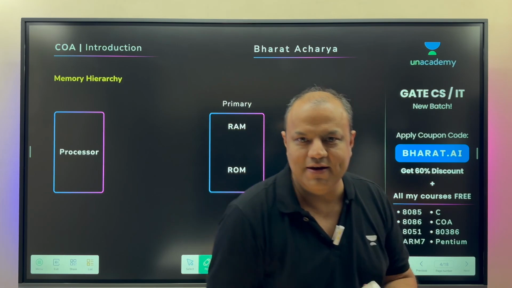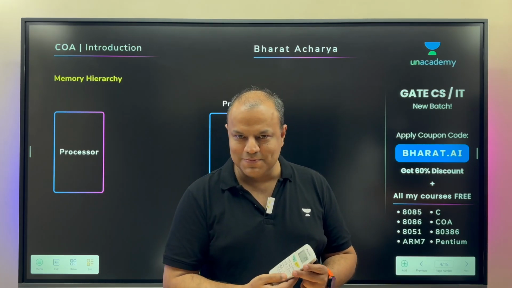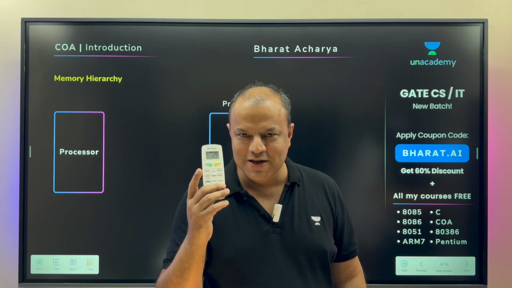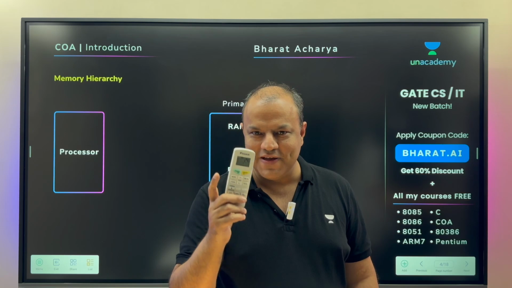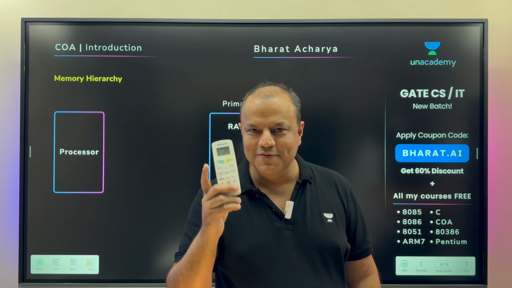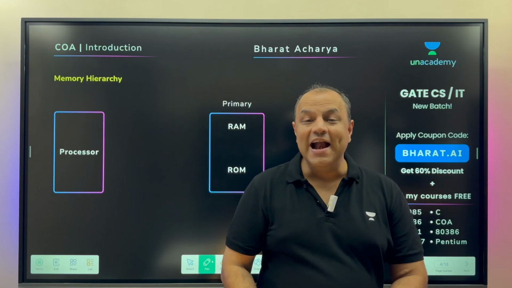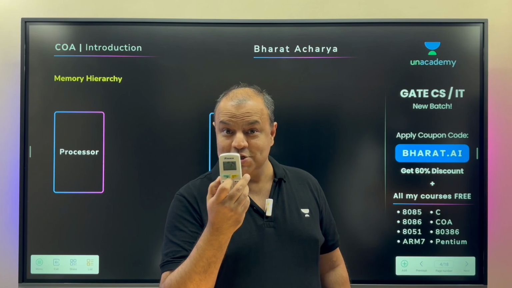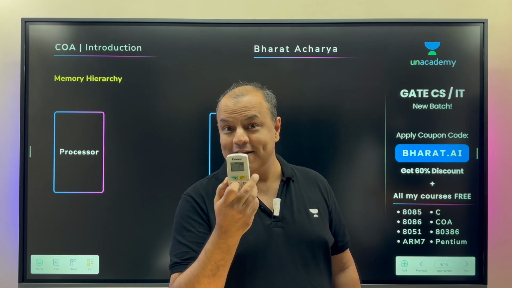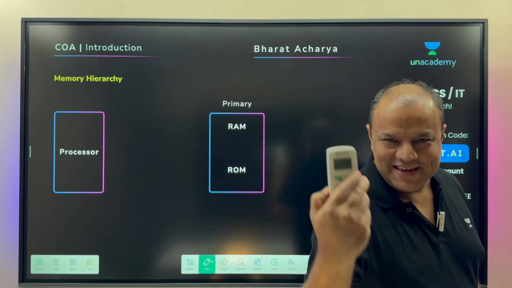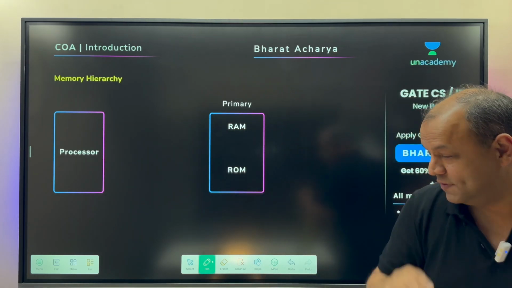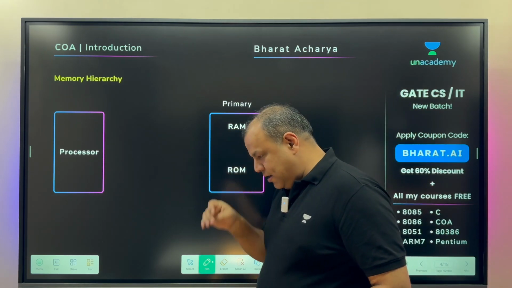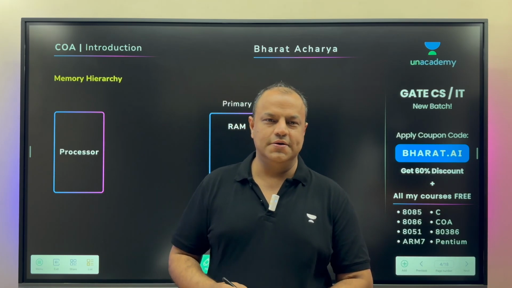The moment I remove the battery of this device, power supply is gone. When I put the battery back, it should still work. The program should still hold. The default temperature and the default fan speed should still hold. That means that information will be stored in ROM. At the same time, I don't work only on defaults. I can change the temperature. When I change the temperature, it should stay at that. That means that information should be stored in a writable form. So it also needs RAM. Yeah, even something like this needs both of them, ROM as well as RAM. So this is called primary memory. This is how original computers worked.